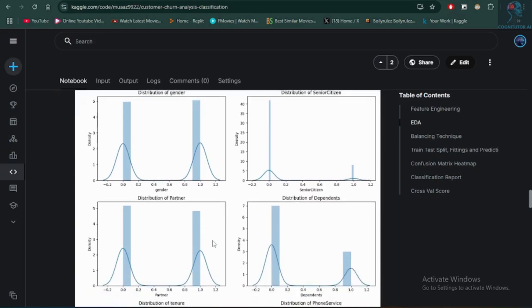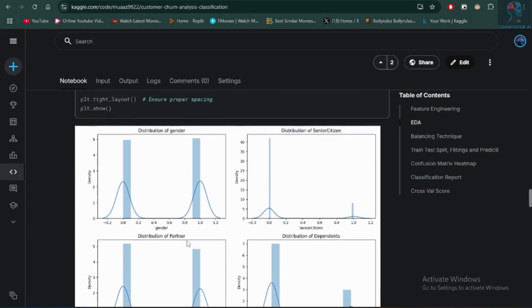Imagine you're working for a telecom company, and you're analyzing customer data to predict churn. By visualizing the distribution of monthly charges, you notice that most customers pay a similar amount, but there's a long tail of high-paying customers. This could indicate that high monthly charges might be driving some customers away. Armed with this insight, you might decide to focus on retaining high-value customers by offering them special discounts or loyalty